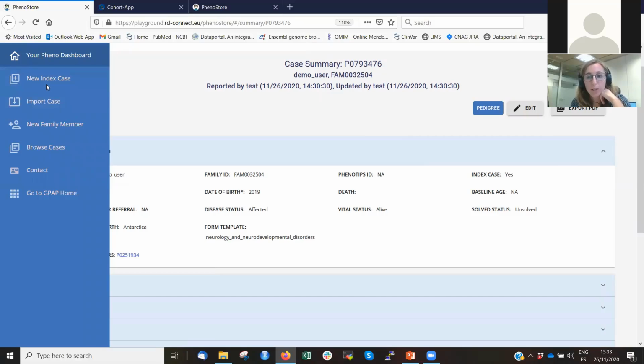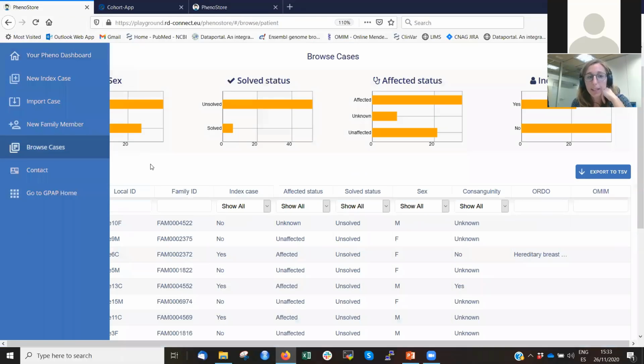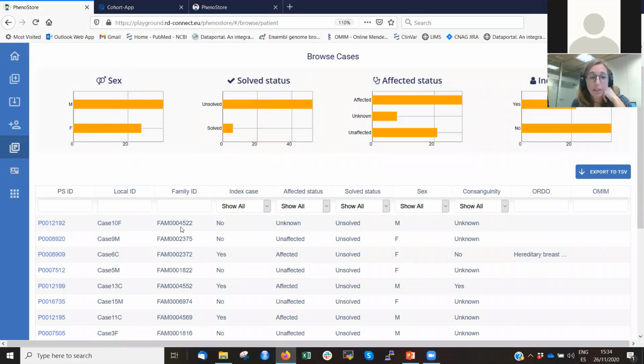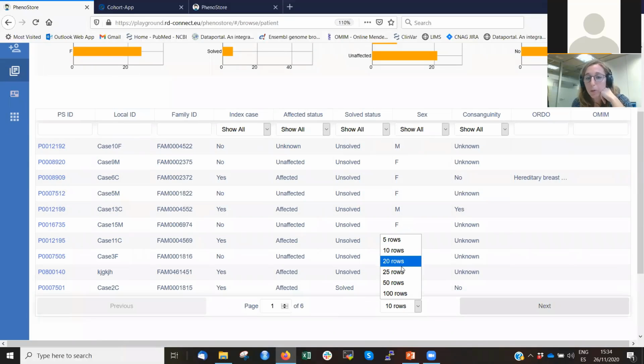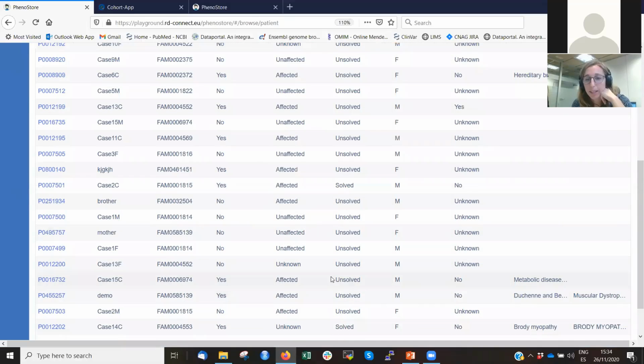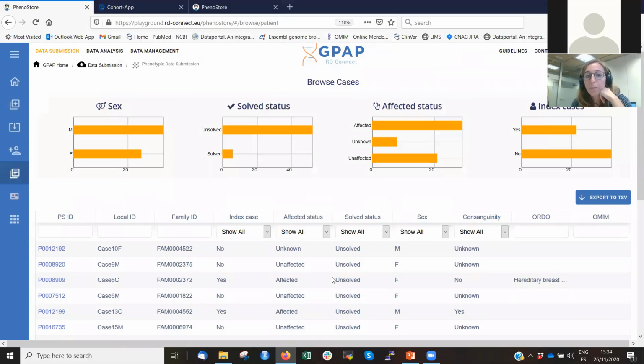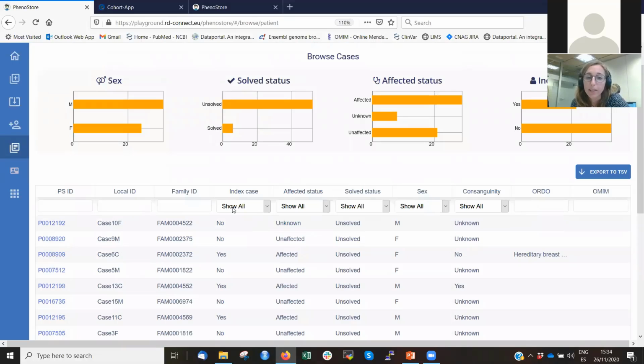Okay, so once you enter the info, I would also like to show you that you are able to browse all the data and information that you have entered in the system. So here you have a table with all your cases. You can see as many cases as you would like to. On the top of the screen, you have some graphs that get automatically updated once you filter the data,